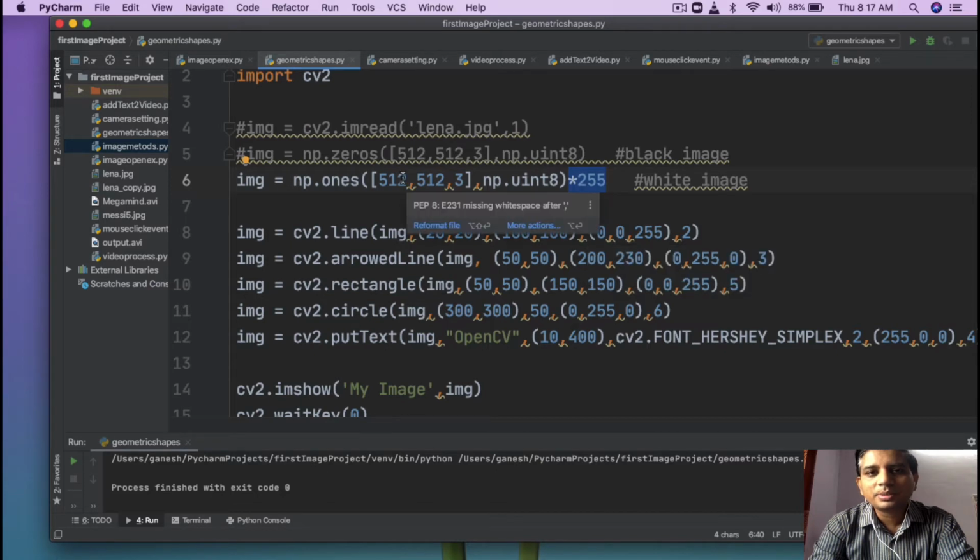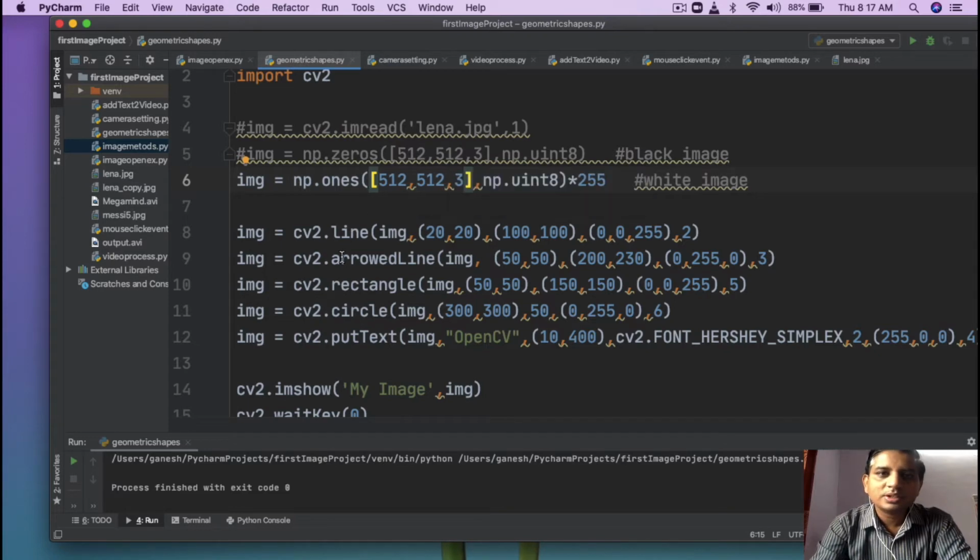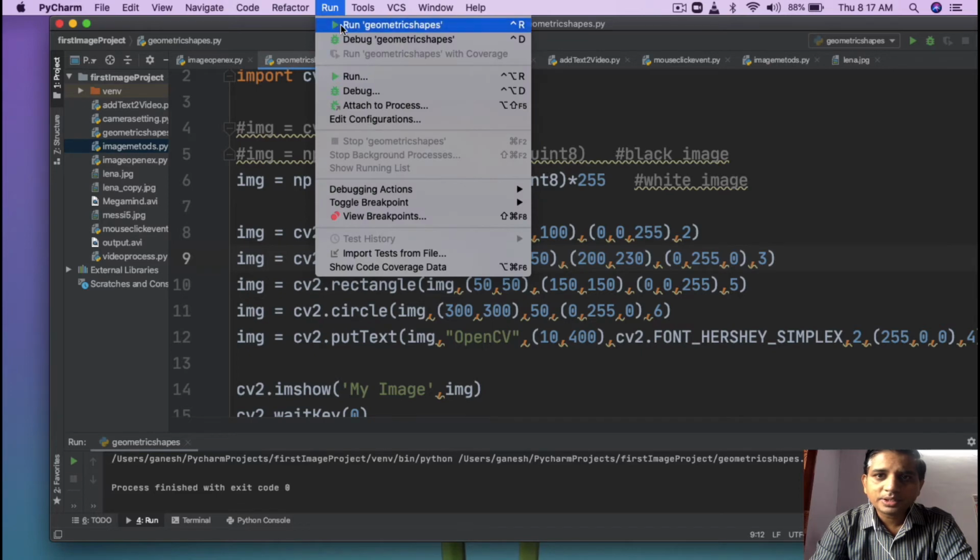So every pixel becomes 255, and you can see here I have created an image of size 512 by 512 with each pixel value as 255, and 255 represents white. So that's why this white image has been displayed.